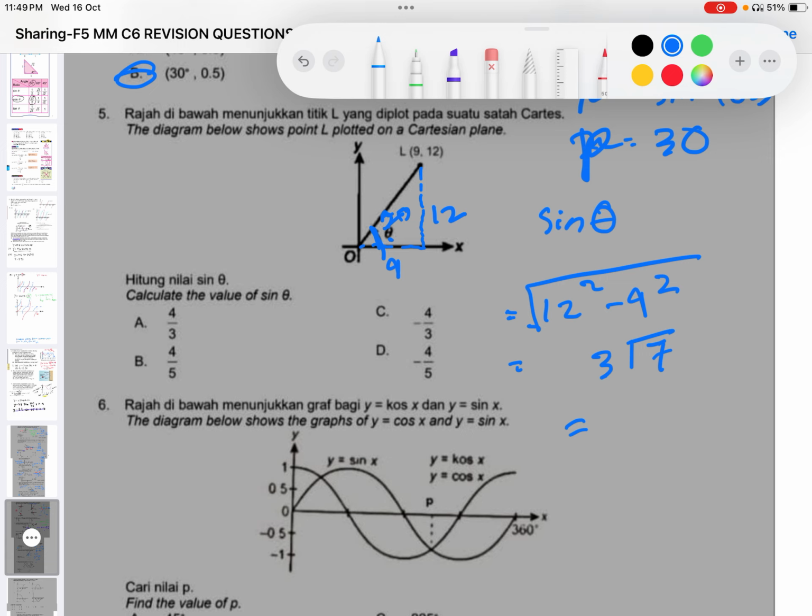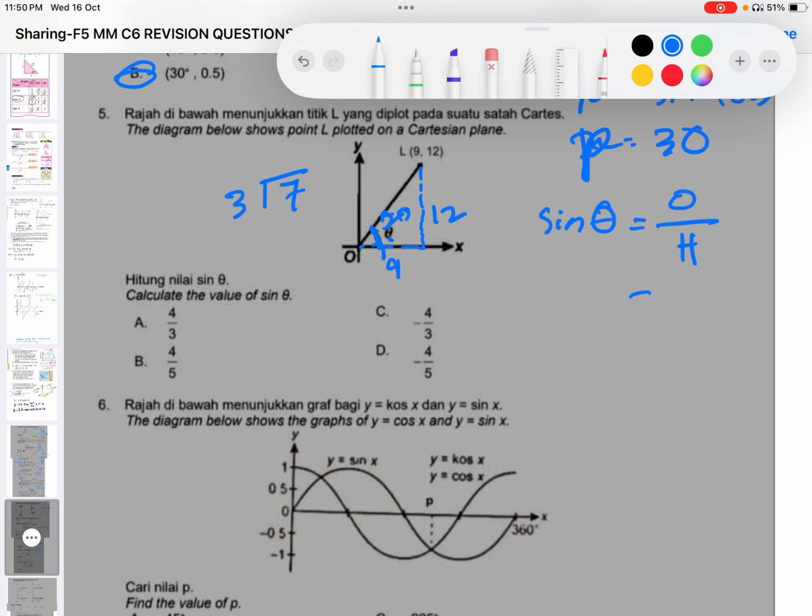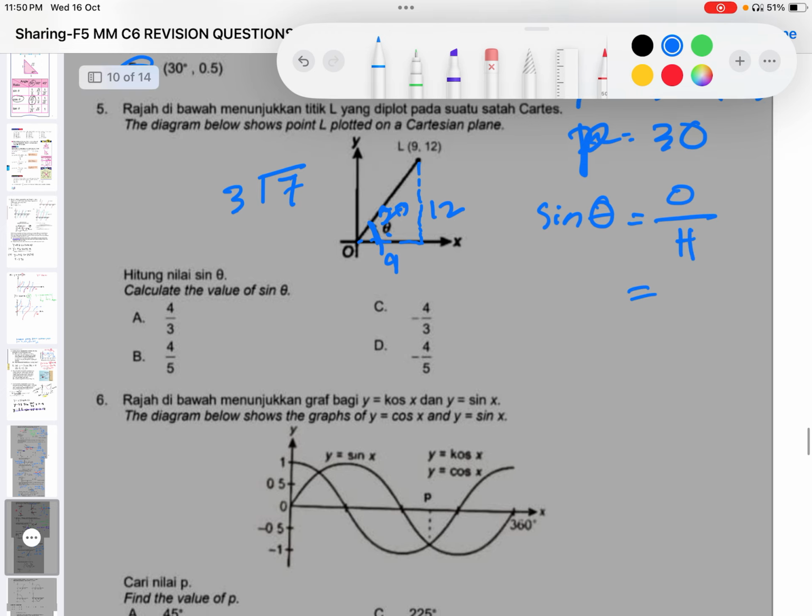Sin theta, so it's going to be sin opposite over hypotenuse. So it's going to be opposite over hypotenuse. Opposite is going to be 12 bahagi, 12 bahagi